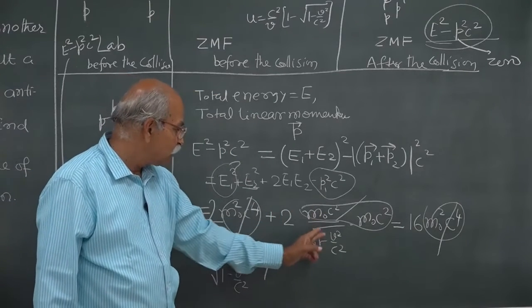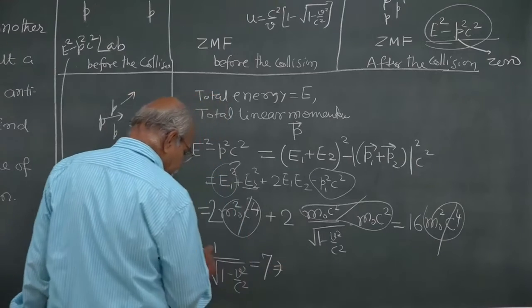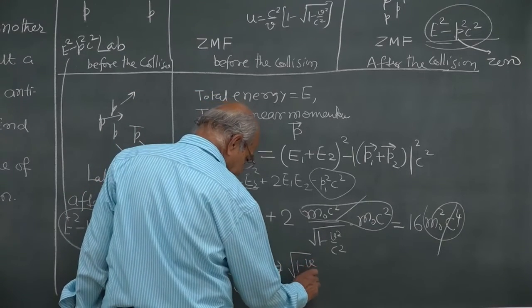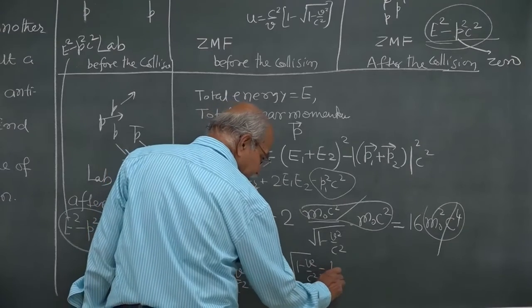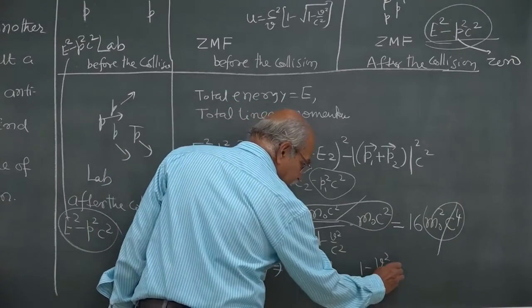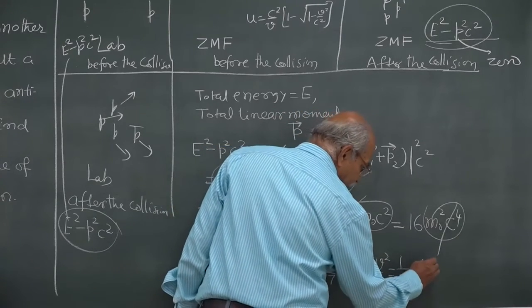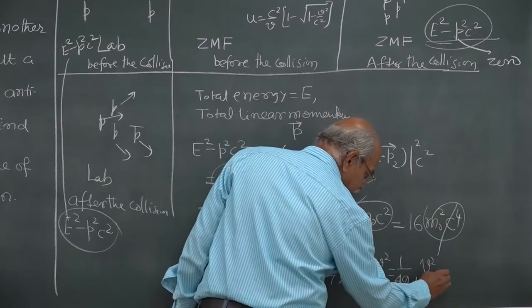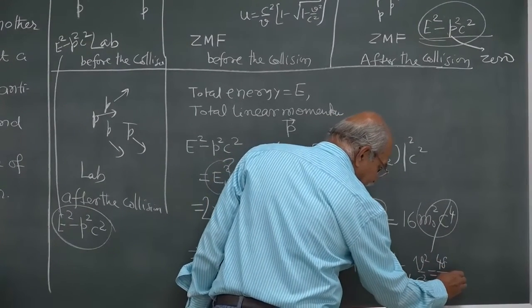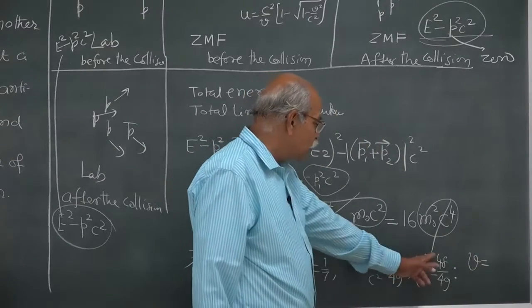So, 1 by square root of 1 minus v square by c square is 7, and that tells me the square root of 1 minus v square by c square is 1 by 7. So, 1 minus v square by c square is 1 by 49. So, v square by c square is 48 by 49, and therefore v is equal to the square root of this,